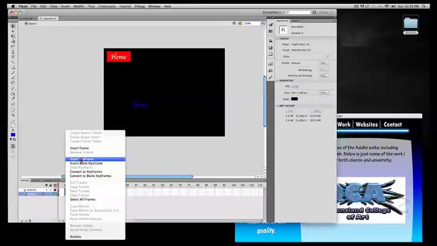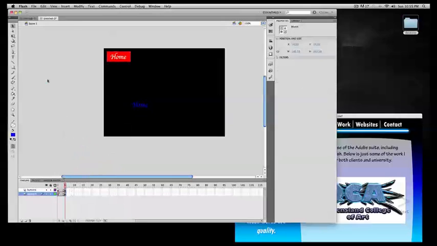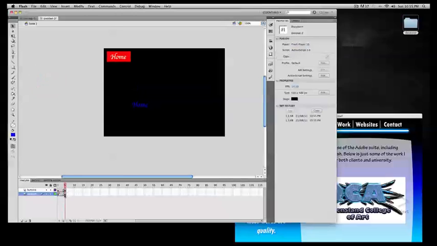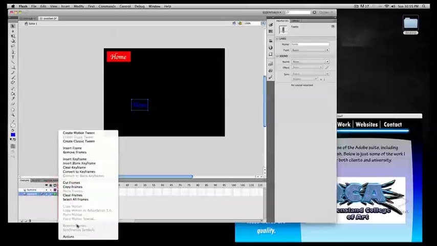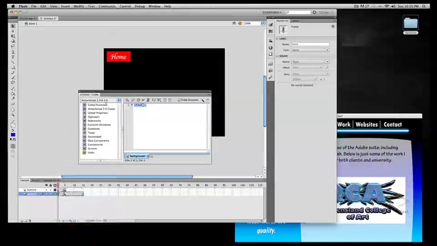and insert keyframes. Now, ignore this dotted line, it just refers to this frame having a name that was concealed behind the frame length not being long enough between the next keyframe. This flag indicates there is a frame name, and the little A indicates there is action. So the action that we had there was the stop function. That is imperative because without it, it will just play through the scene, and I'll show you what happens if we take one of these out. So I'll take out this line of code,